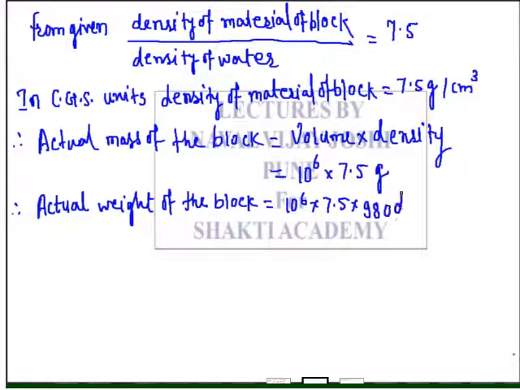After multiplying it, now it is the weight, okay, that is gravitational force. Okay, you would understand this when you learn the details about the gravitational force or gravity. So actual weight of the block is 10 raised to 6 into 7.5 into 980 dyne, that is outside the water. This is the actual weight, and therefore the apparent weight